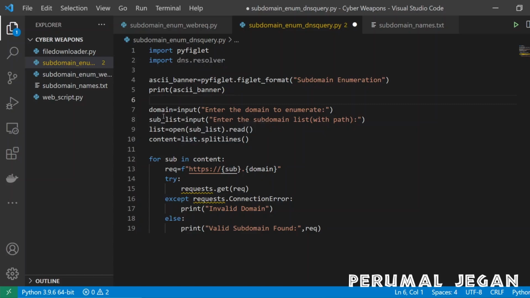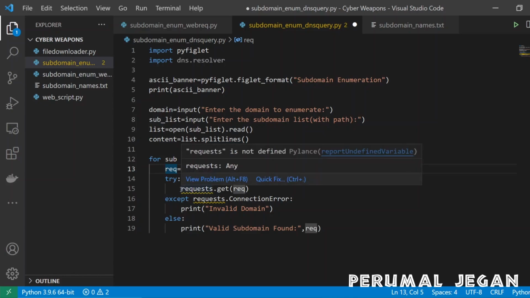And the file operation and all are the same. The major thing is we need to do some modifications here. And this is not a web request, so I'm canceling HTTPS here. So only the subdomain word, the name, and the main domain name here. And this line is fine now.